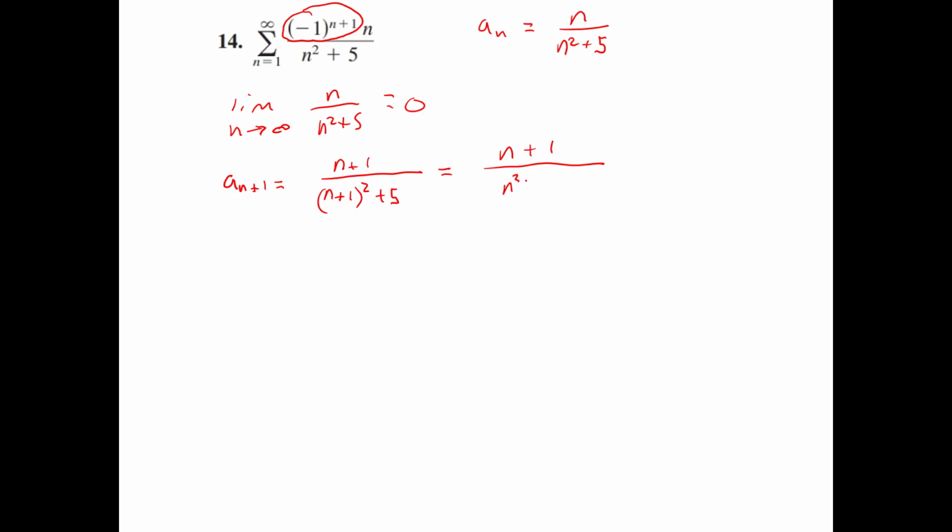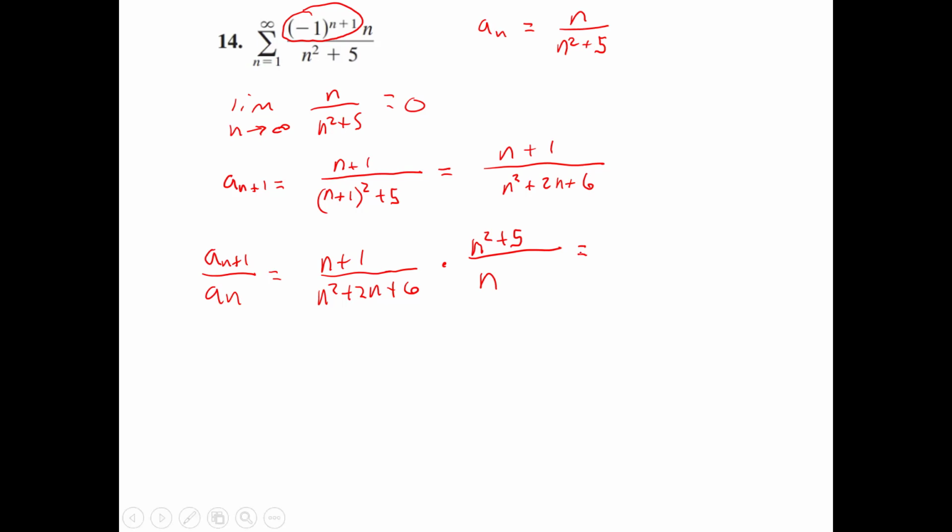Over n squared plus 2n plus 1, and then plus this 5 will give us a plus 6. And so then our a sub n plus 1 divided by our a sub n is going to be our n plus 1 divided by n squared plus 2n plus 6 times the reciprocal of a sub n. And the reciprocal of a sub n is going to be n squared plus 5 over n. And so then this ratio will be,